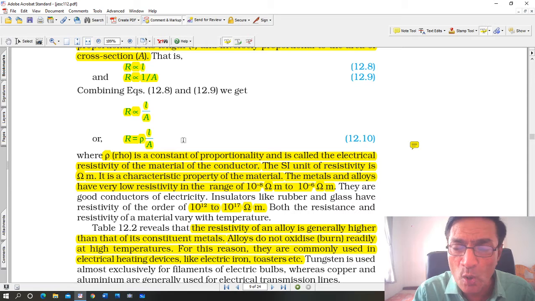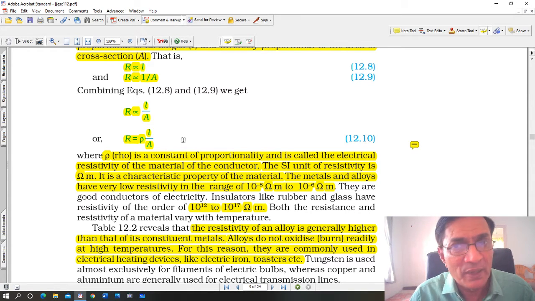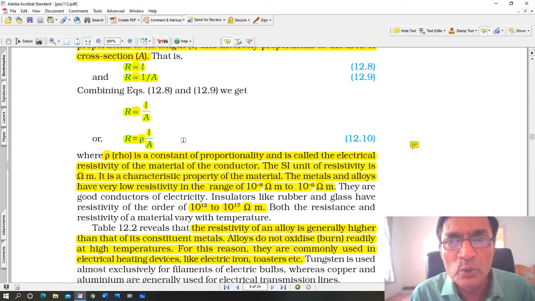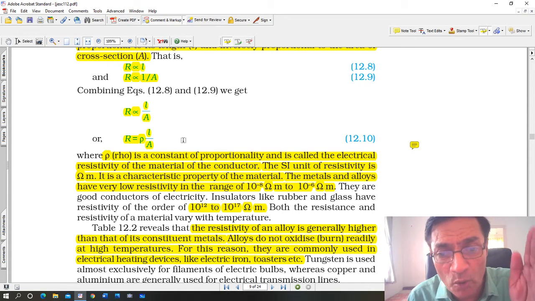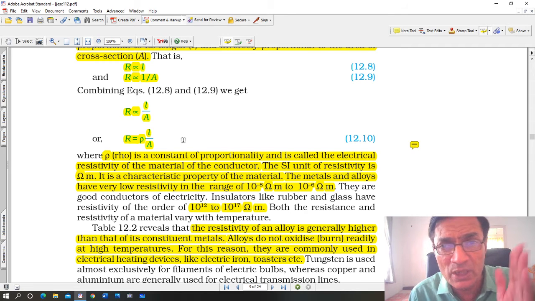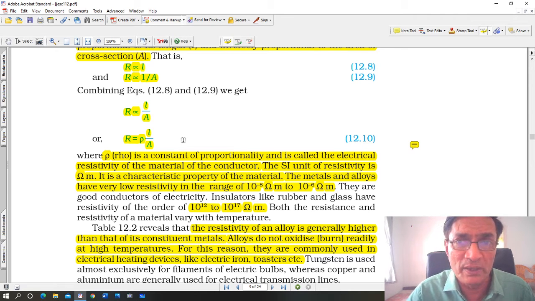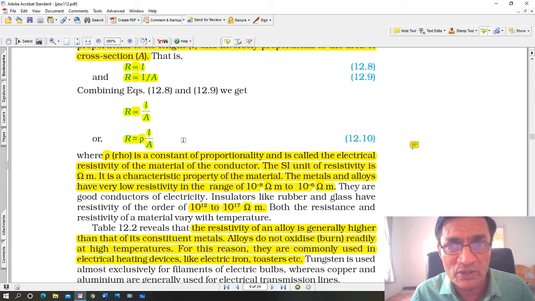It is unique to copper. It is unique to aluminum. It is unique to all those substances: silver, gold and so on. Every substance has its own resistivity. If the resistivity is very high, it becomes an insulator. So when you want to choose wires, you choose wires made of materials which have low resistivity, so that they allow more current. You cannot choose rubber because the resistivity of rubber is very high. It will be an insulator, pointless, just like wood.